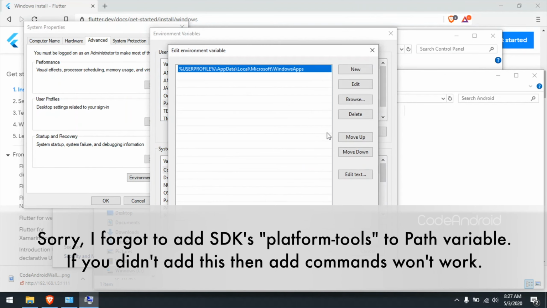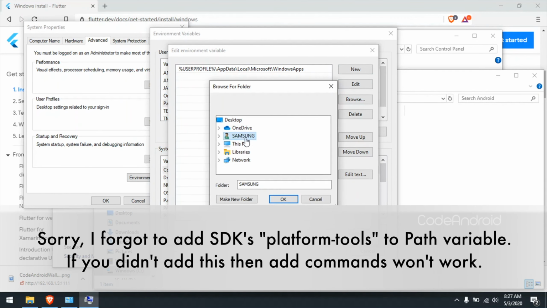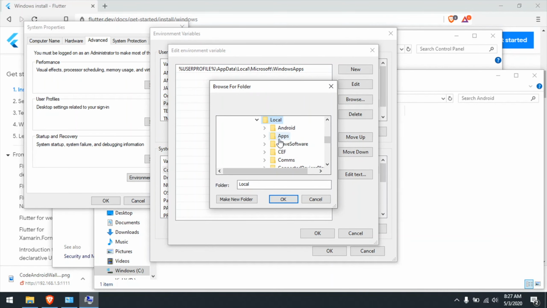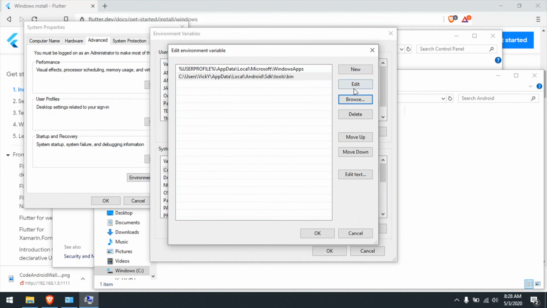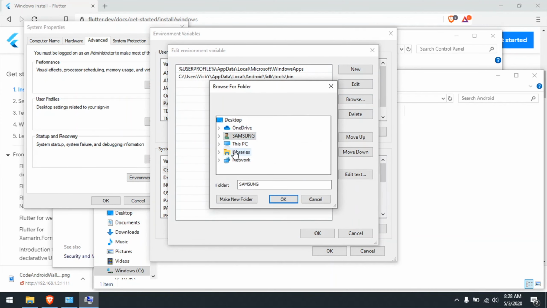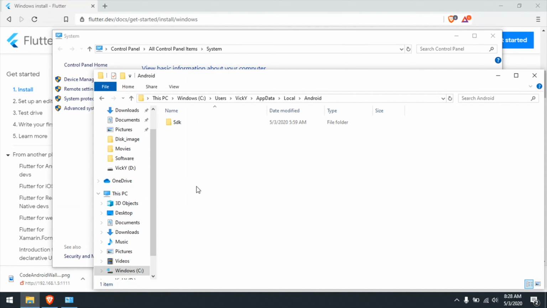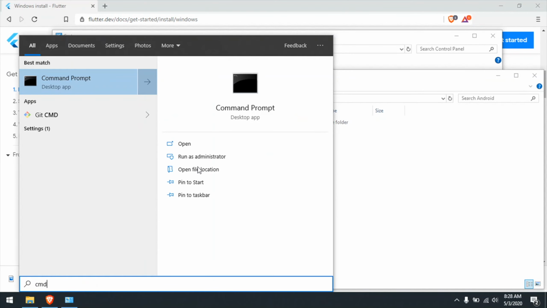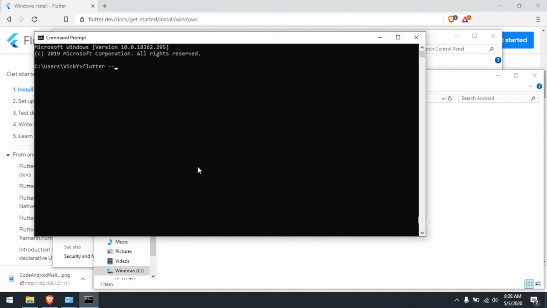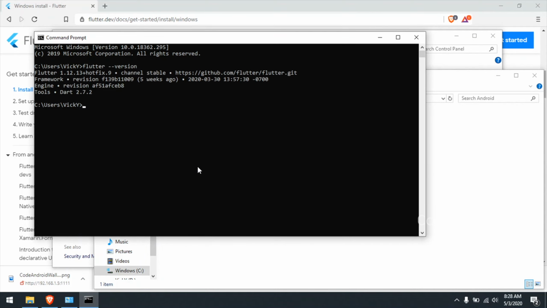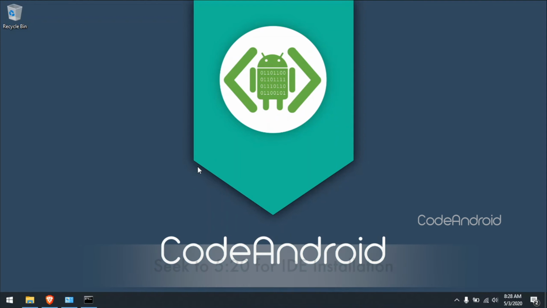Finally, we need to add Android SDK tool bin folder and Flutter bin directory to the path variable. To verify Flutter, open new command prompt window and run flutter --version. You can see now we can access Flutter from anywhere in the command prompt.